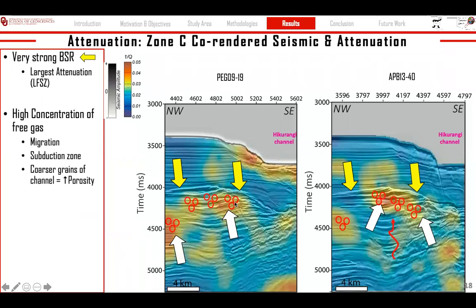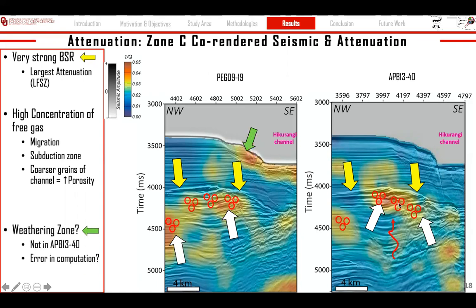We observe that this high attenuation can be a result of the migration of free gas derived from the subduction zone. It is also likely, based on previous studies, that the sediments in the region of the Hikurangi channel are much coarser grained, which would allow for high porosity and potentially higher permeability, therefore allowing for higher migration and accumulation of free gas